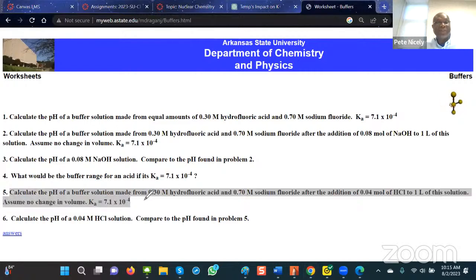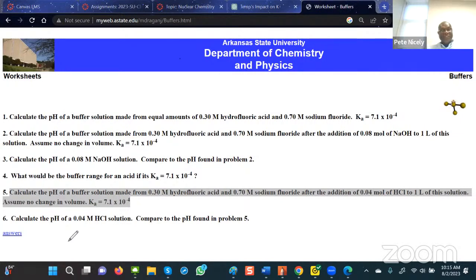Okay, so if I were to do this question here, I'm going to see if I can do it down here. I'm basically going to use the Henderson-Hasselbalch equation, which I think is actually provided in the handouts, right? Which is pH is equal to pKa, which is minus log of Ka, but I'm just going to use pKa here, plus log of the concentration of the conjugate base divided by the concentration of the weak acid of that conjugate base, right? So my pKa is minus log of Ka,